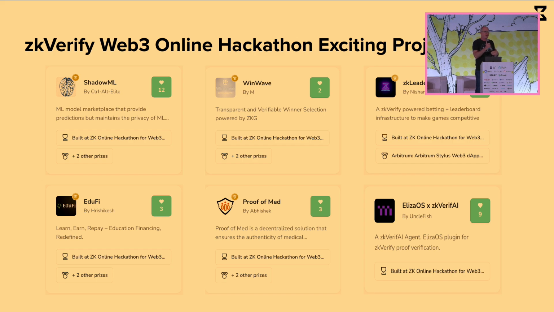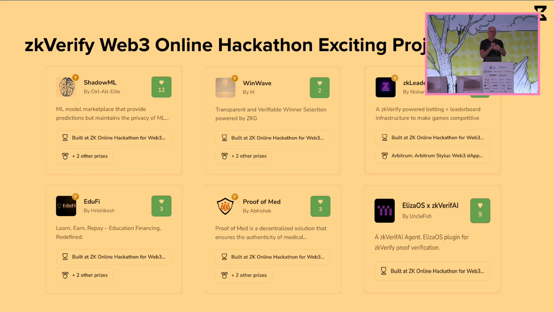Shadow ML was a way to use a machine learning algorithm, prove that it was used, but hide the actual algorithm. I can think that many people who develop proprietary training algorithms and sell their usage, whether through tokens or fees or whatever, can generate a ZK proof that this algorithm was actually used.